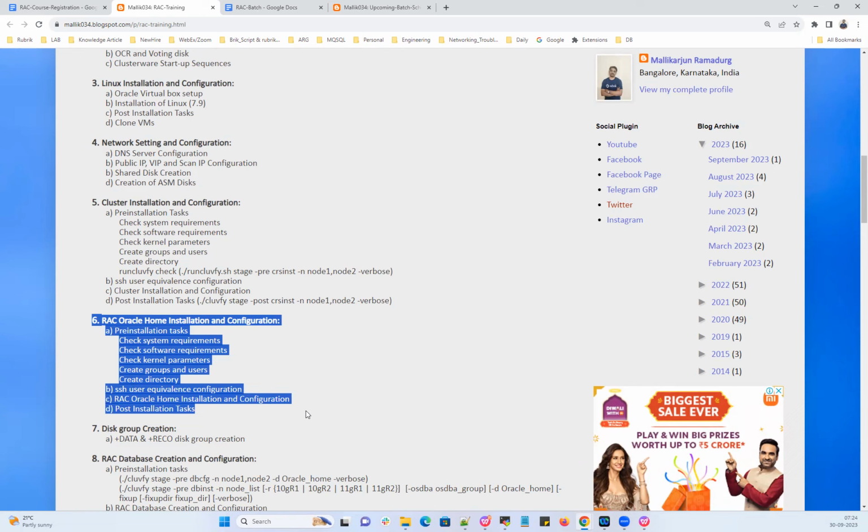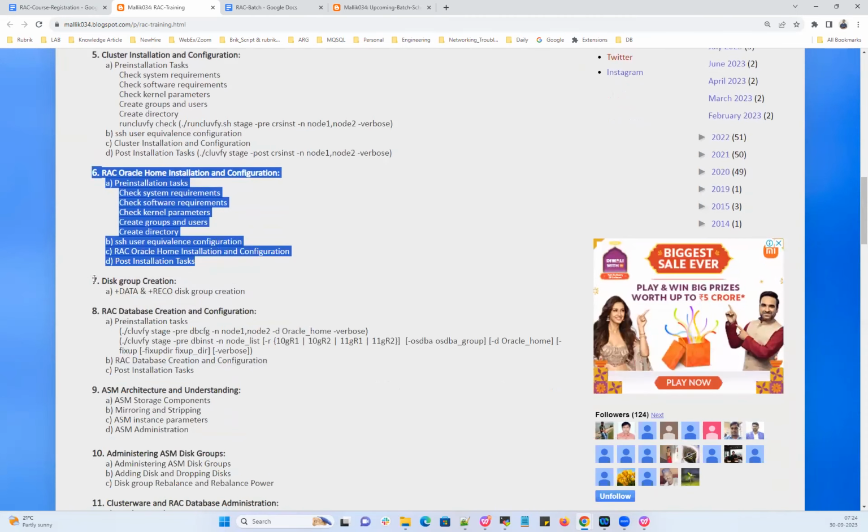Again, Oracle software, many people will call it the DB software or Oracle software or Oracle Home or your RAC installation. All are one and the same. So these are your database software. Here we're going to install the grid software, and here we're going to install the DB software, and followed by